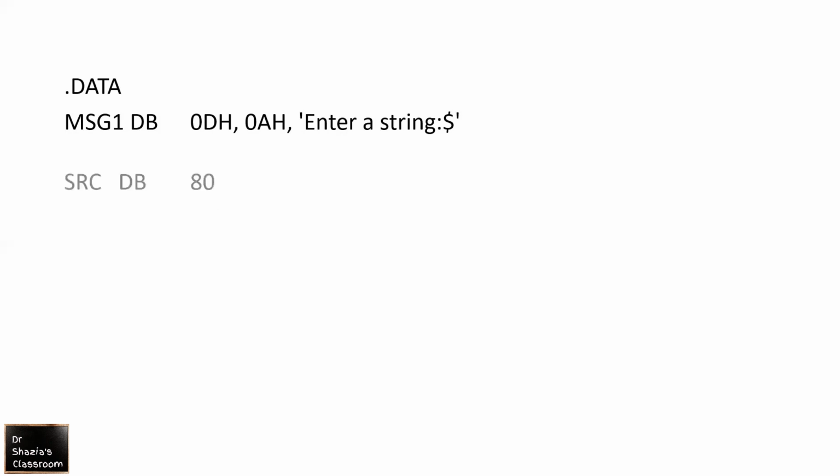Next, I am going to declare my data, .data. The first message which I am going to write is enter a string. Before going to the second message, I have written src, define byte 80. So whatever string you have entered will be stored with the variable name src. Then I am defining a byte with a question mark and defining byte 30 dup. So these are the reserved memory spaces for your string and character.